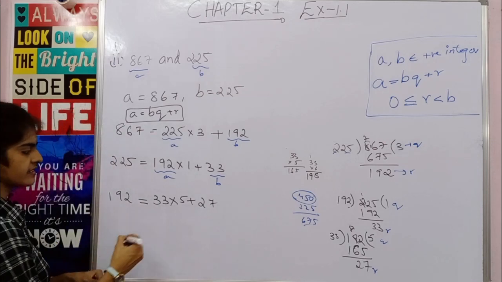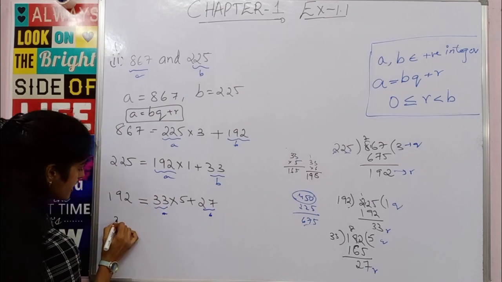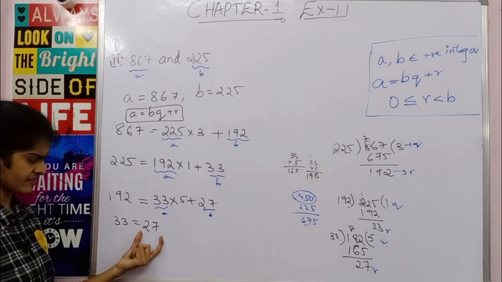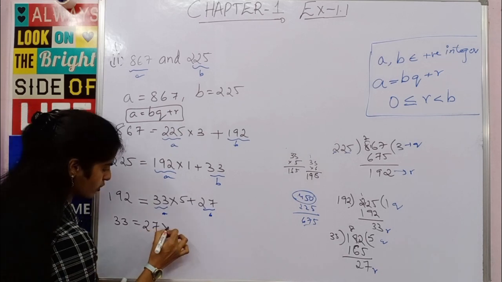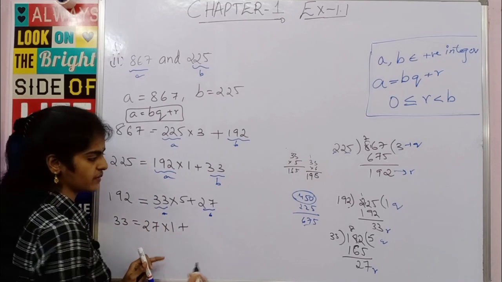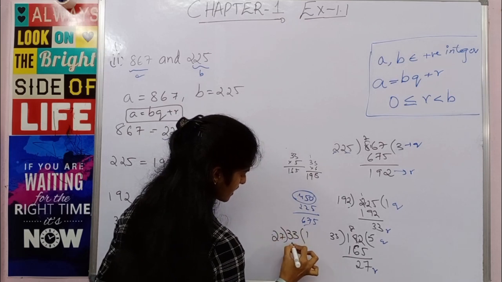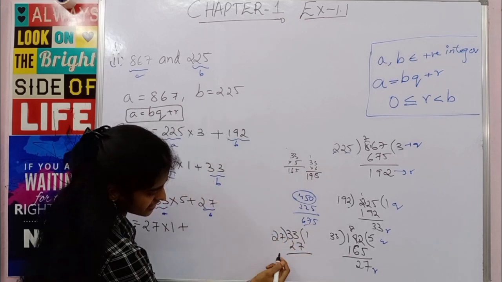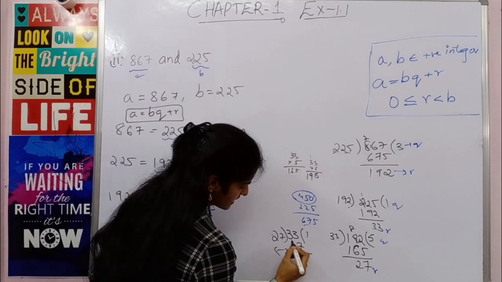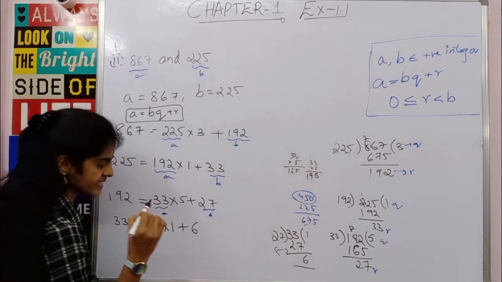Clear? Now again the first term is A and this is B. So let us write. 33 is equal to, B is 27. Now you know 27 1s are 27, 27 2s are 54, which is more. So you will take only 1s are. Now 33 subtracted by 27 will give you the remainder, right? What I am saying is, 33 divided by 27, you will get 1s are 27. Subtracting these two, you will get the remainder, right? So that is what I was saying. So here the remainder is 6.